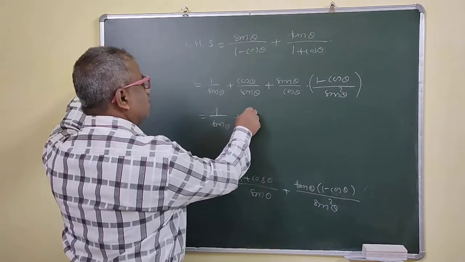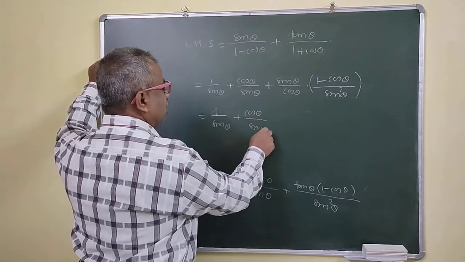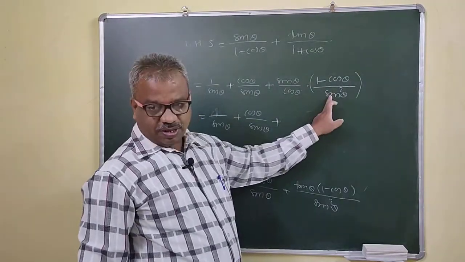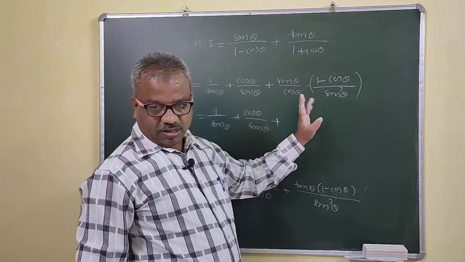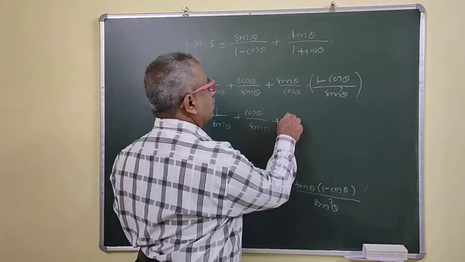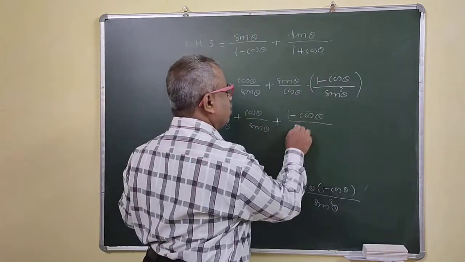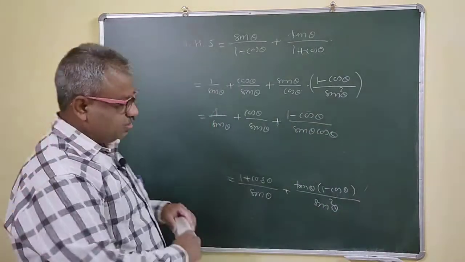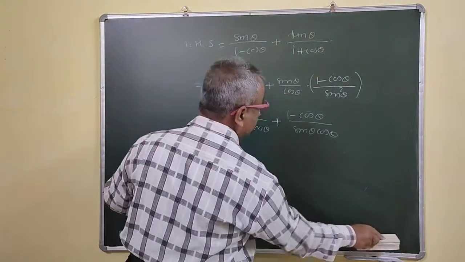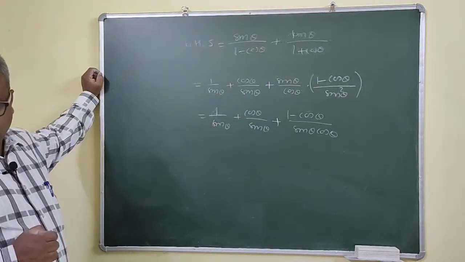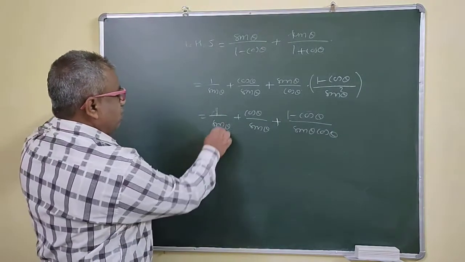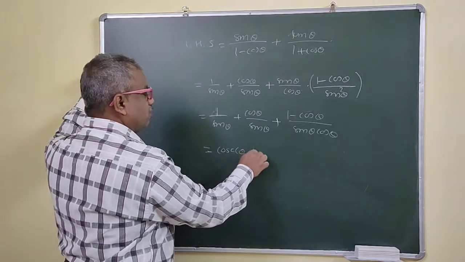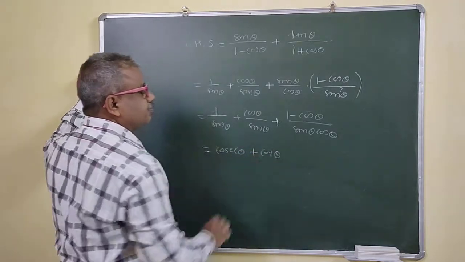Okay, last you will do this one. Cos theta upon sin theta plus, now one sin gets cancelled, so one sin remains now here, and again we will divide by this one then, right? So here your denominator, we will write this 1 minus cos theta upon sin theta cos theta, right? So now this is what then? 1 upon sin theta is nothing but cosec theta, plus this is cot theta, right?